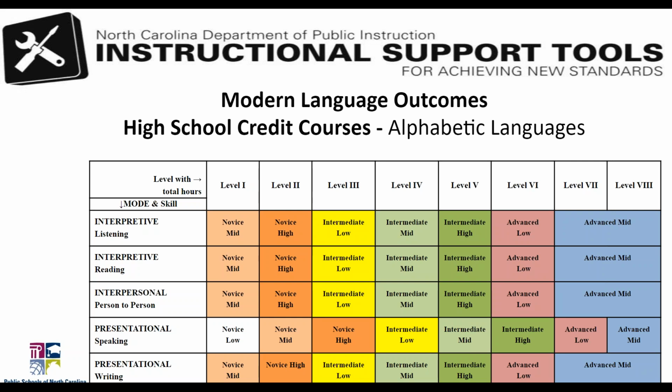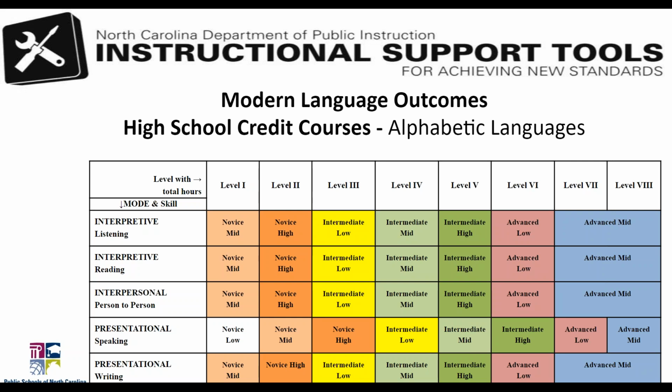One of the reasons that this happens is that, again, proficiency builds at different rates depending on what language you have as your first or home language. But also, as you develop proficiency over time, the further up you go on the proficiency scale, the longer it takes to reach the next sub-level. And so you notice that the outcomes for example, levels 7 and 8 at the end of the chart on the far right side encompass several levels, because you're still building proficiency, but you wouldn't necessarily notice a whole step up to the next level by the end of a particular course. You continue to work on building your proficiency.